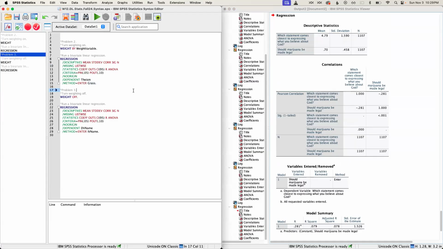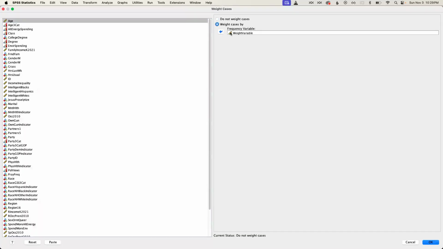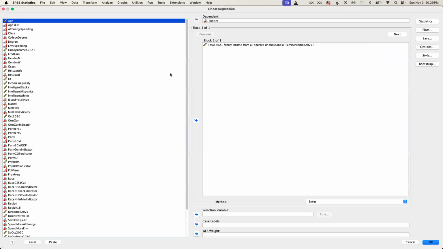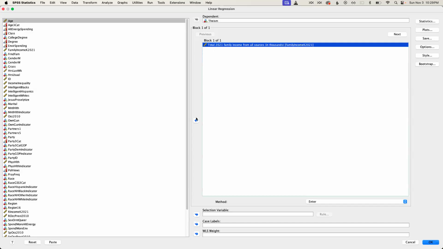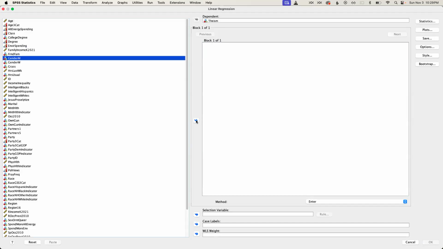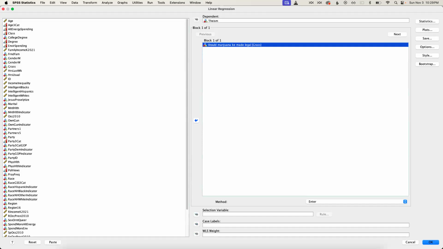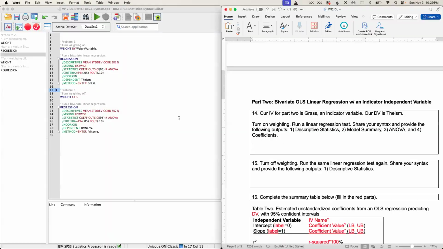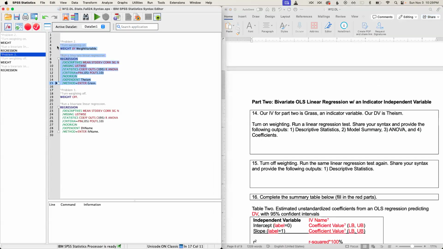Oh, that was two questions, but that's okay. And again, I could also go Data, Weight Cases, Weight cases by, and click OK to turn it on. Later, do not weight cases and click OK to turn it off. I can go Analyze, Regression, Linear. I already have the things set up that I need. I already have theism here. The only thing I need to do is take this out and put in grass instead and click OK each time I do that. Okay, so going back to here,